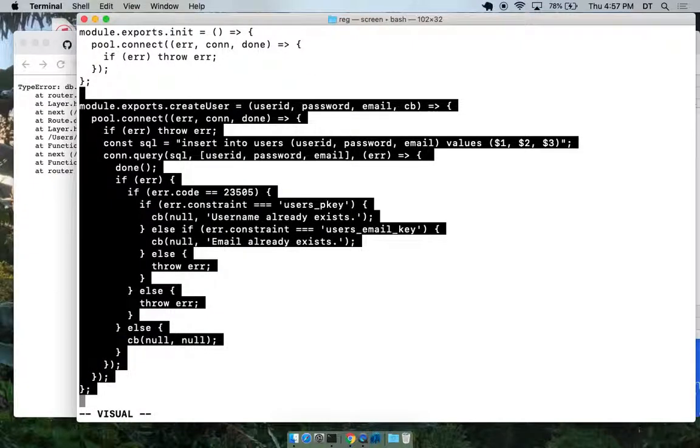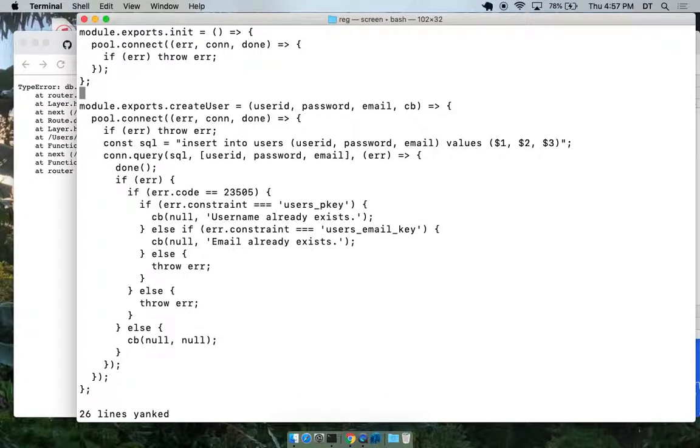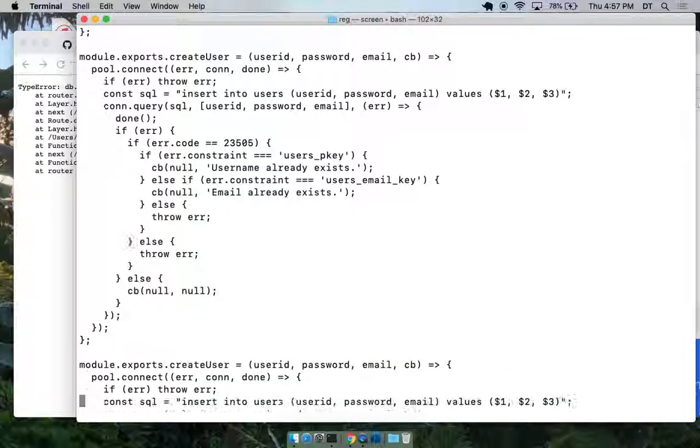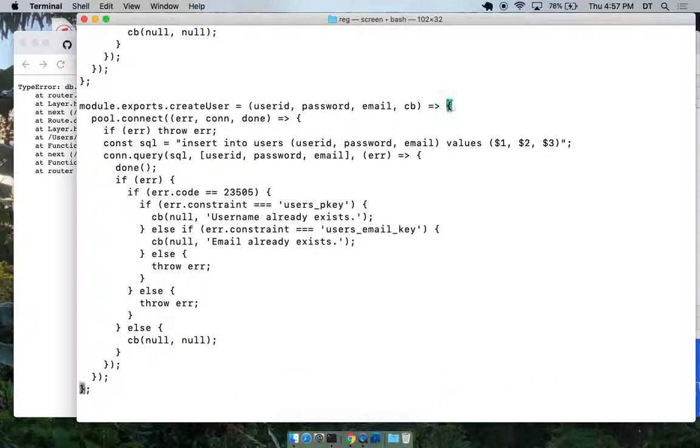I'll start by copying the create user code. So it's going to be get user, and we pass in the user ID only. And then there's a callback. We connect to the pool. If it's an error, we'll throw the error. Actually, we shouldn't be doing that.